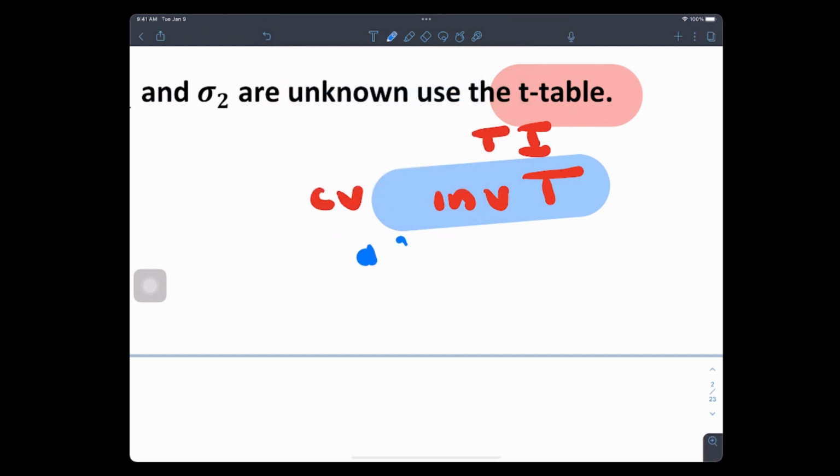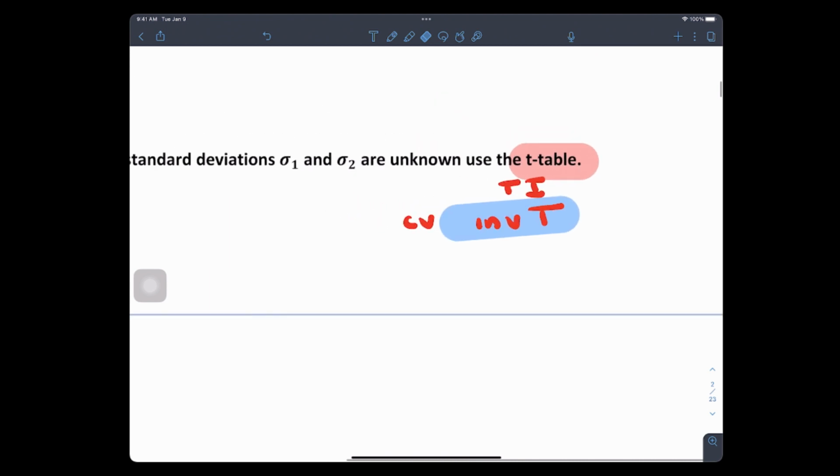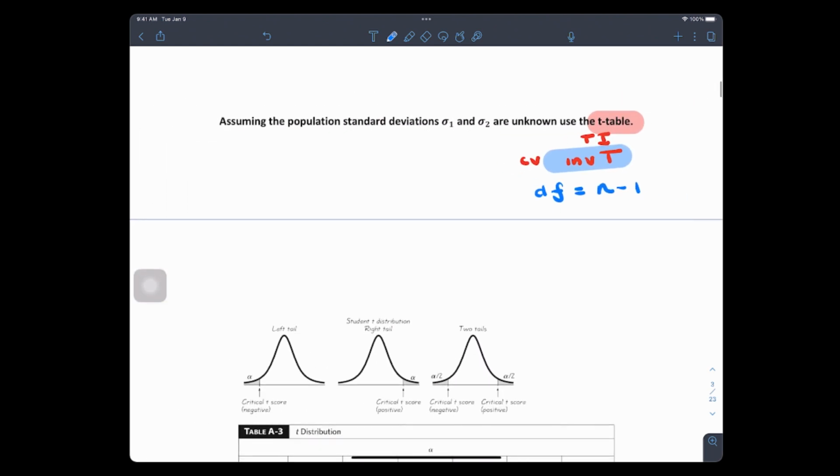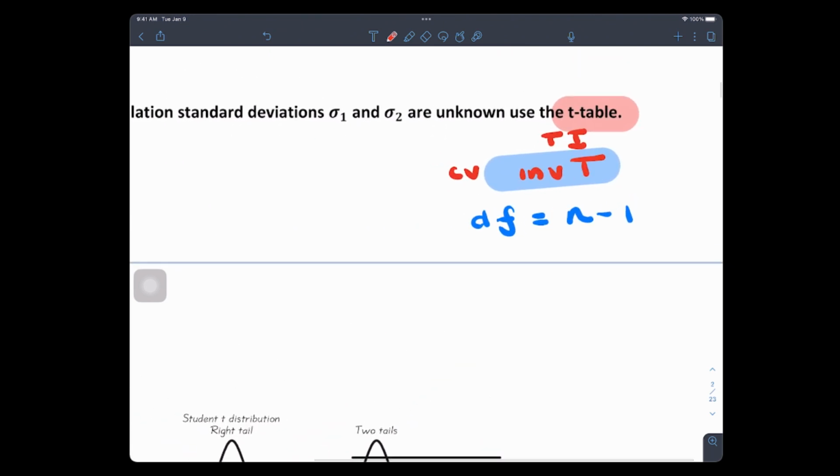well, we're going to talk about that. The second you have a small sample, you have to use degrees of freedom. Do you guys remember that? What's the degrees of freedom formula? N minus 1. However, you're going to have 2 samples, though. So I'll explain this portion to you guys. I just want to let you know the critical value is going to involve inverse T.